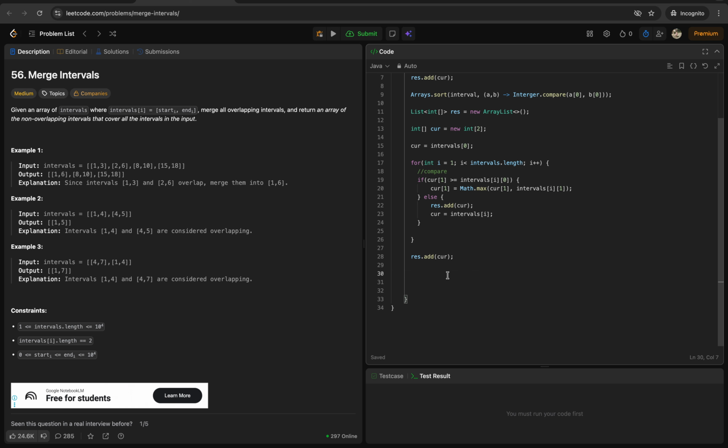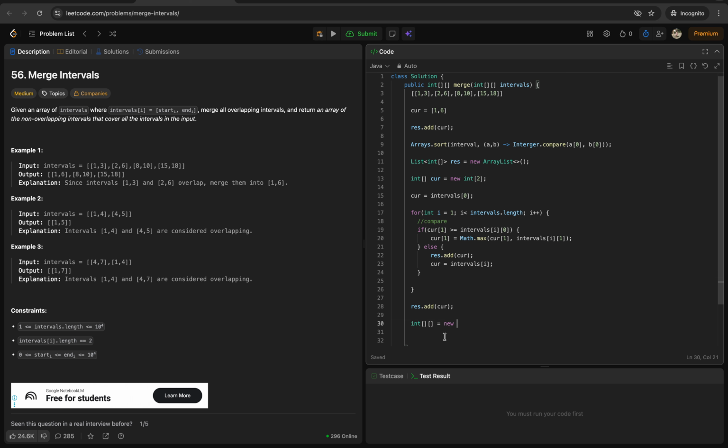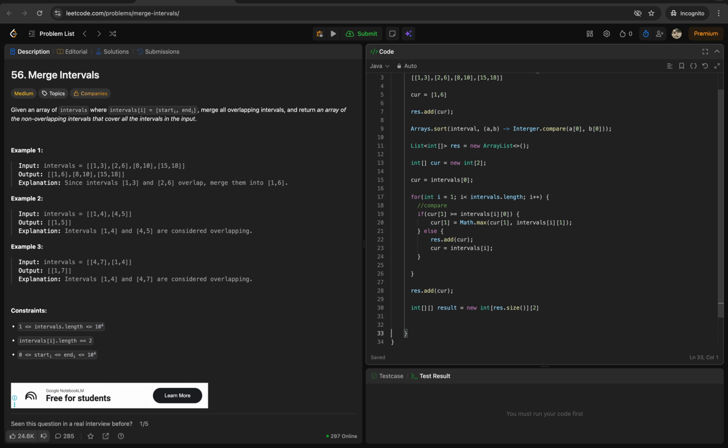So we'll take int array result equals to new int of size result.size, and then for